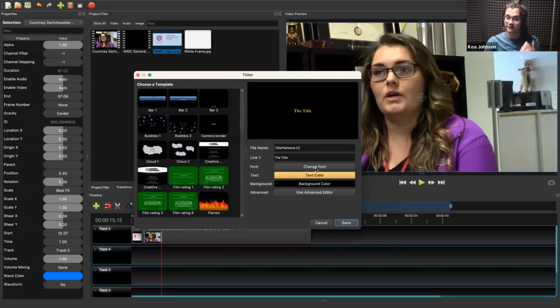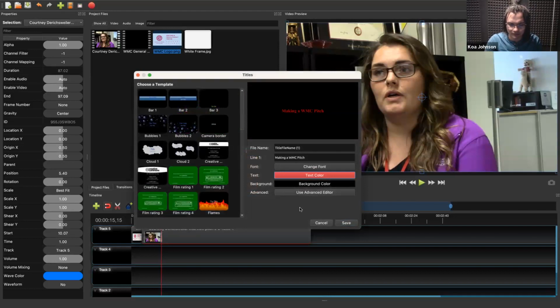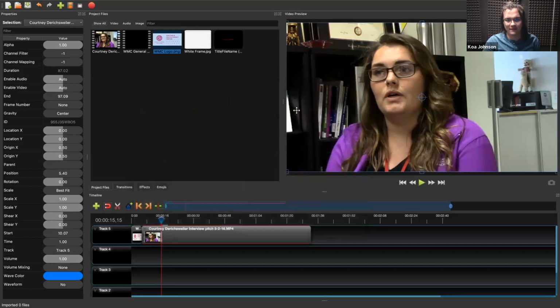You can change the text color, the font color, the background color. And what this does is it creates a file, an image, for you that you can then drag in. So let's change this to "Making a WMC pitch." Let's have the text color be some kind of red. You can also pick screen color and go around and change different colors if you want. But for now, let's just do a basic red, something similar to CI's color. So now we have the text color, with the background color being black. We hit save, and what will show up is,